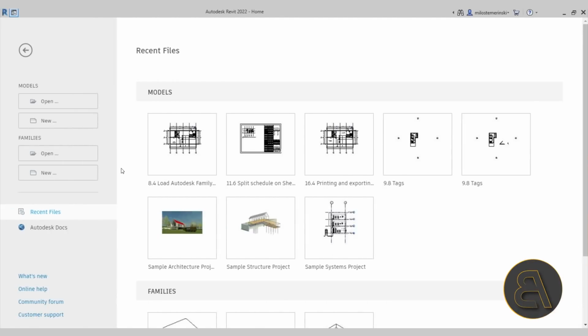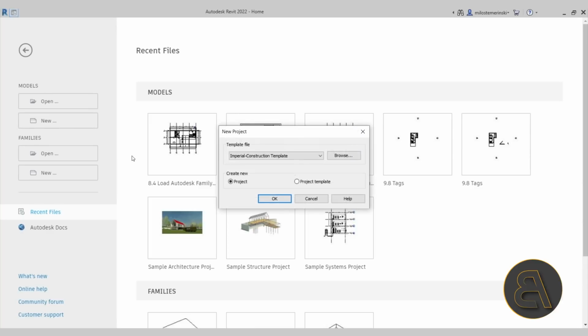And finally, here we are in Autodesk Revit 2022. Now, as you can see from the home screen, not much has changed, so it's the same environment that we're all comfortable with, and so let's go straight and start up a project. So I'm just going to go here to Models, and then let's go to New. And for the template file, I'm just going to go with the metric architectural template, and then let's click OK